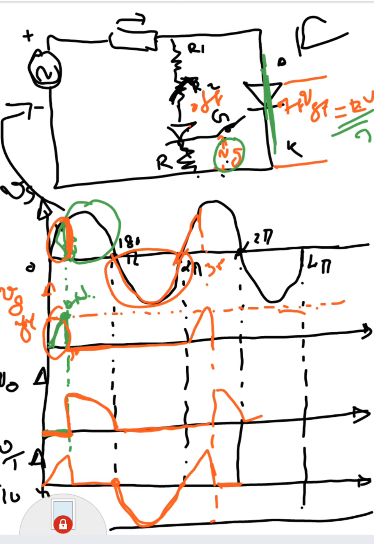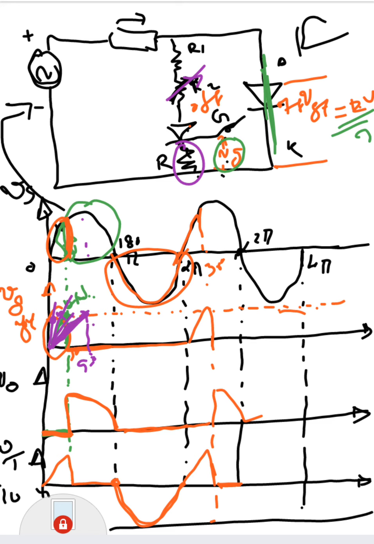Now what happens if I adjust R2 in such a way that it follows VGT like this? The meaning is that it depends on the value of R. The voltage across this R follows this pattern, which means the firing angle now reaches a maximum of 90 degree, a greater angle. If you want to reduce the firing angle, you can control this resistance and current such that it may reach VGT immediately, or you can control VGT in such a way that the firing may reach like this, this, like this.